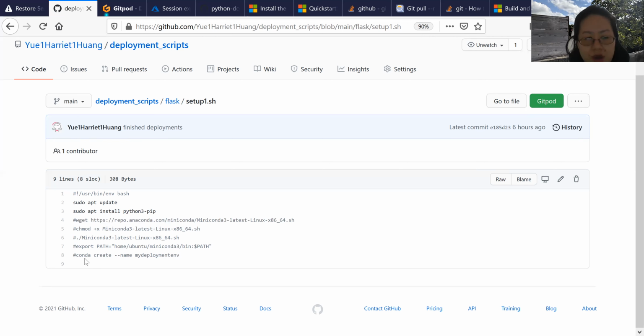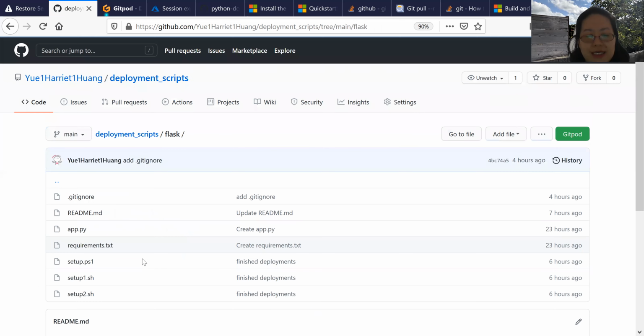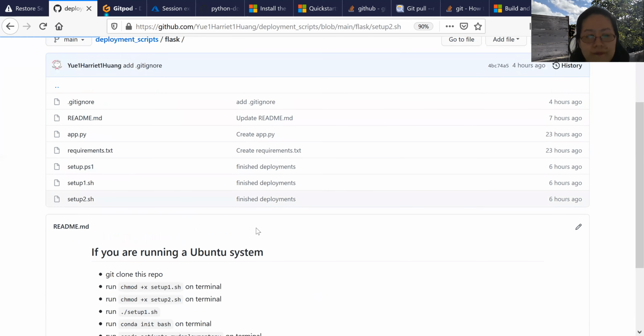Then you can use conda create with a name, your environment, for the Python virtual environment for this deployment project. So this first step is to complete the steps to get it ready for your Python virtual environment. This is pretty much the whole purpose of this first setup script. Then the second setup script is